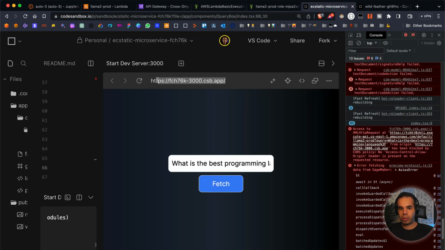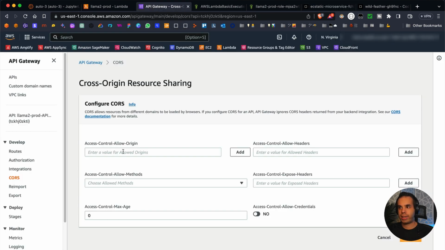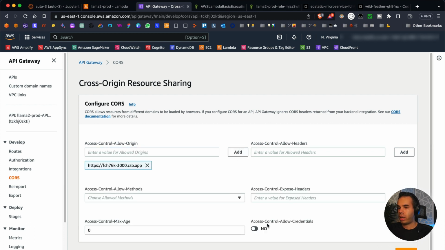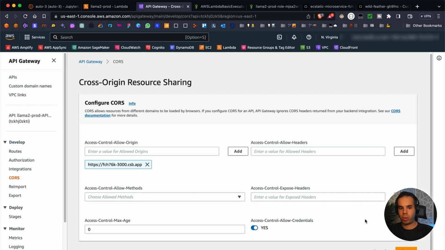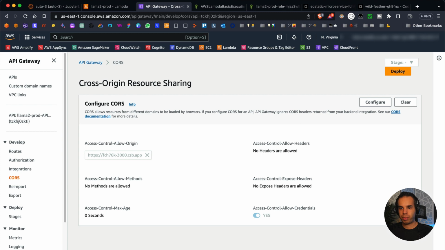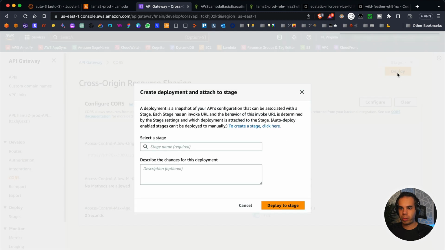So this application has this URL. What we're going to do is add that to the list of allowed origins. We'll add that, and we'll also access control this. And you could add all these other different parameters if you wanted to, but we're not going to do that in this video, but you could if you wanted to. And then we'll do save, and then we're going to deploy,